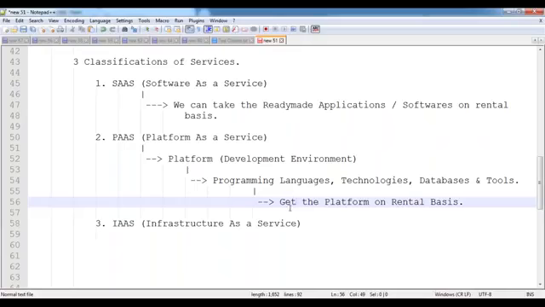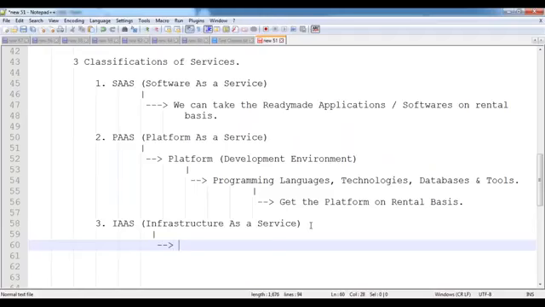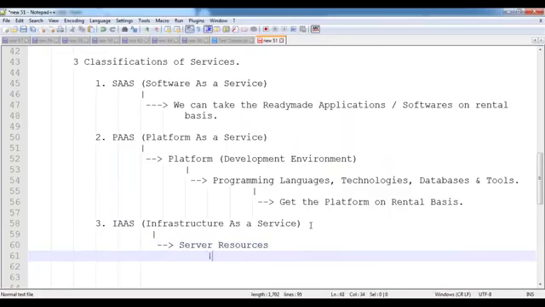Now, once the application has been developed, where can we install it? To install this application, we need some server, right? We need some server resources. So what do server resources mean?